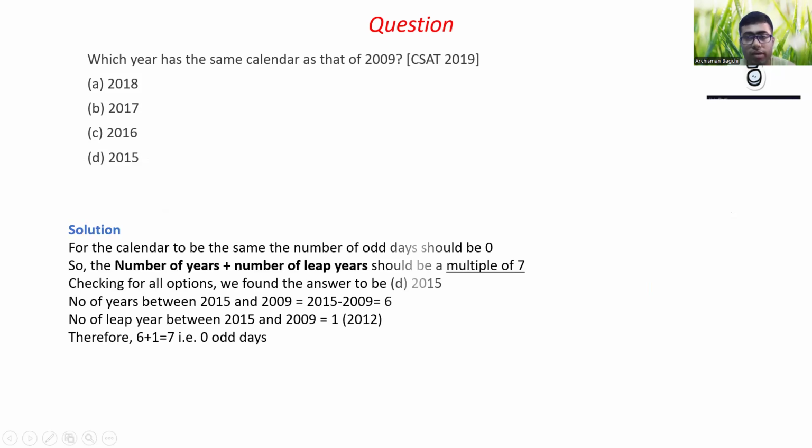तो सेम कैलेंडर का मतलब क्या होता है कि when there are no odd days. मतलब ये 2009 जो दिया हुआ है वो रेफरेंस ईयर है, उसके और जो साल आपका आंसर है उन दोनों के बीच में कोई ओड डेज नहीं होनी चाहिए। ठीक है, तो आप कैसे डिसाइड करोगे? मान लो 2009, 2010 में आपको देखना, तो 2009 और 2010 में एक ओड डे तो आ ही जाएगा। ठीक है, वो तो आना ही है। 7 से डिवाइड करके चेक करो।